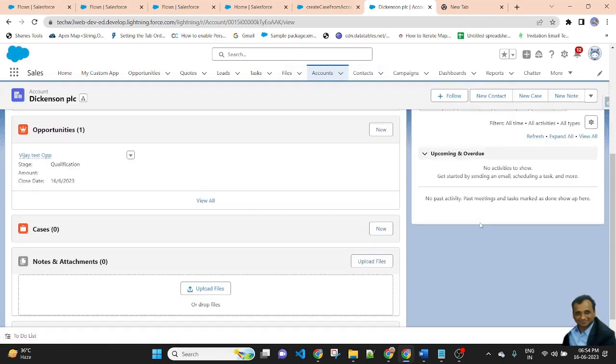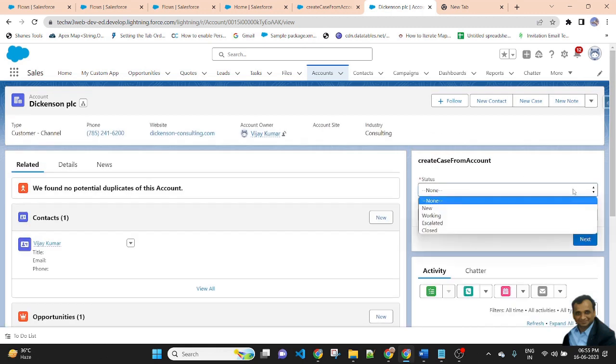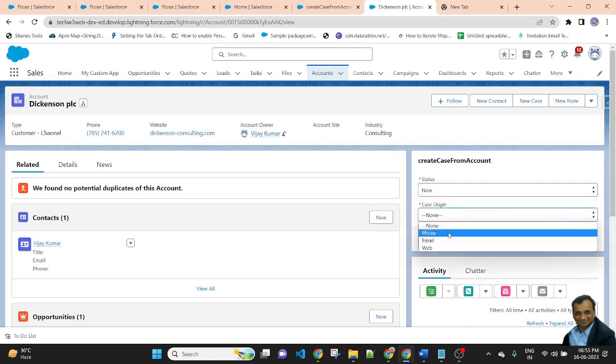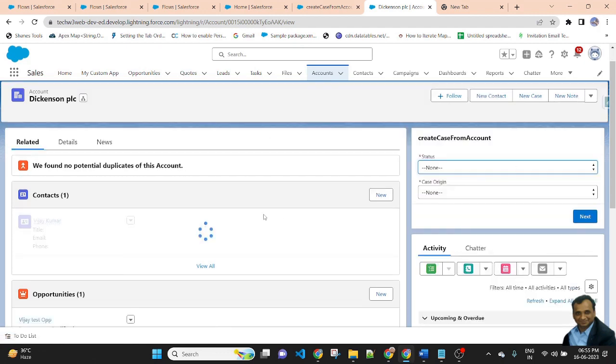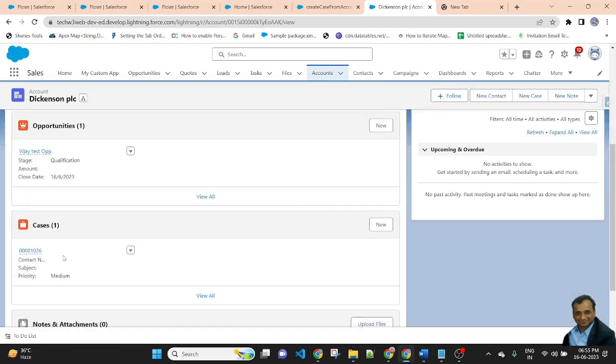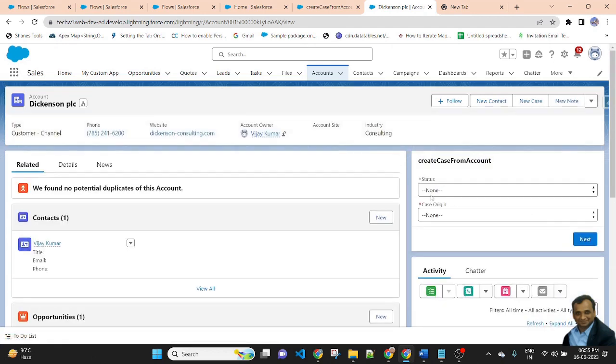So I am creating a case from here, from the flow. Status will be new, but case origin will be phone. Creating one new case on this account. Then next. Go to the case. You can see one case has been created successfully from the flow.